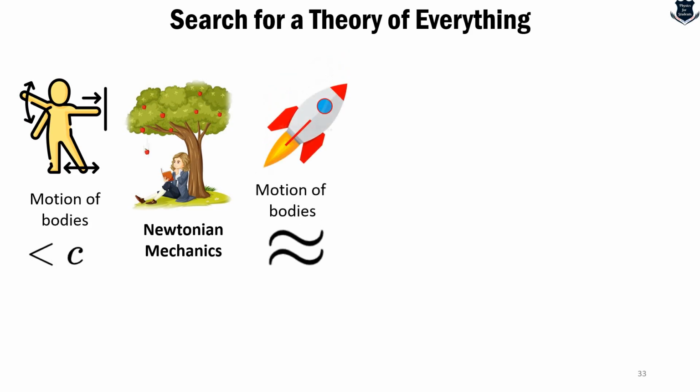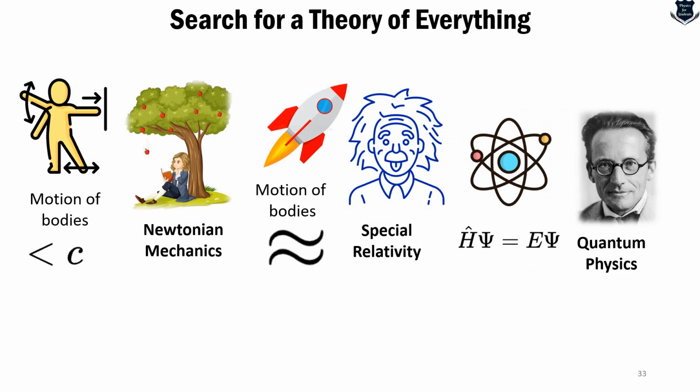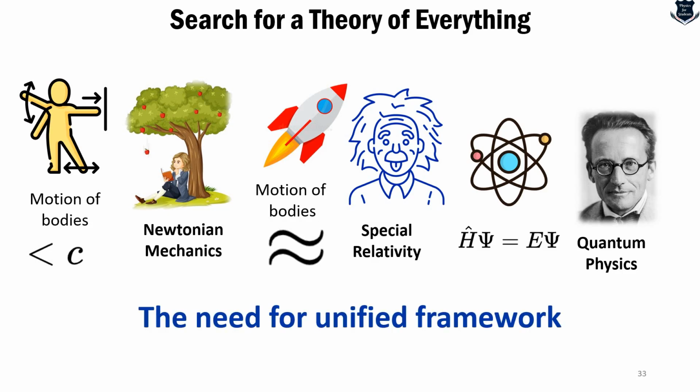But what about the motions of bodies which are traveling close to the speed of light? A special theory of relativity actually deals with that. And also, what about the quantum world where things are pretty small, and this was being dictated by Schrodinger's equation. So we already have Newtonian mechanics. We already have special relativity, which includes Newtonian mechanics as a kind of subset of that, and we need a